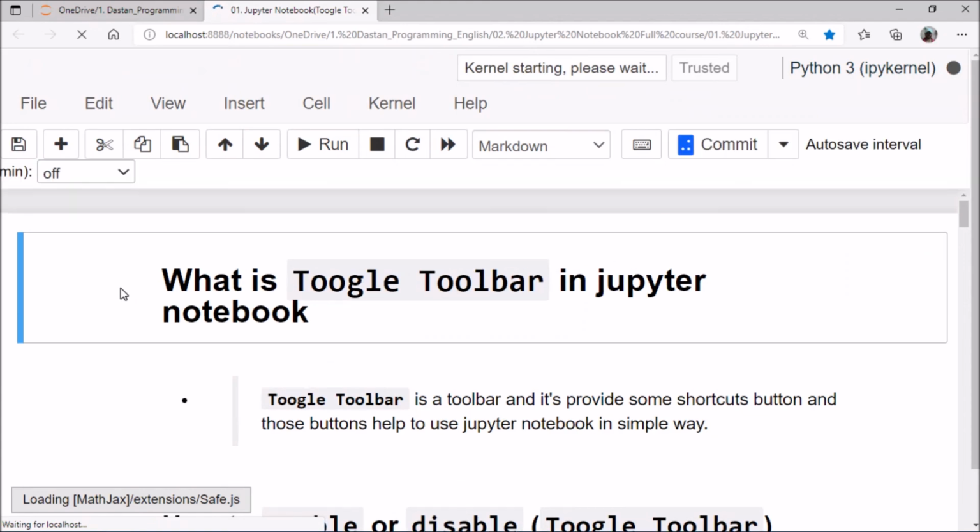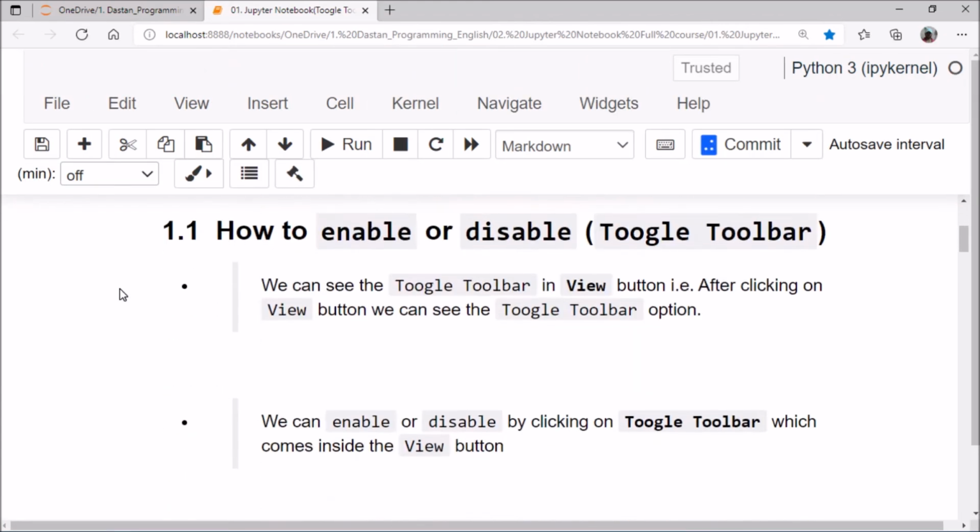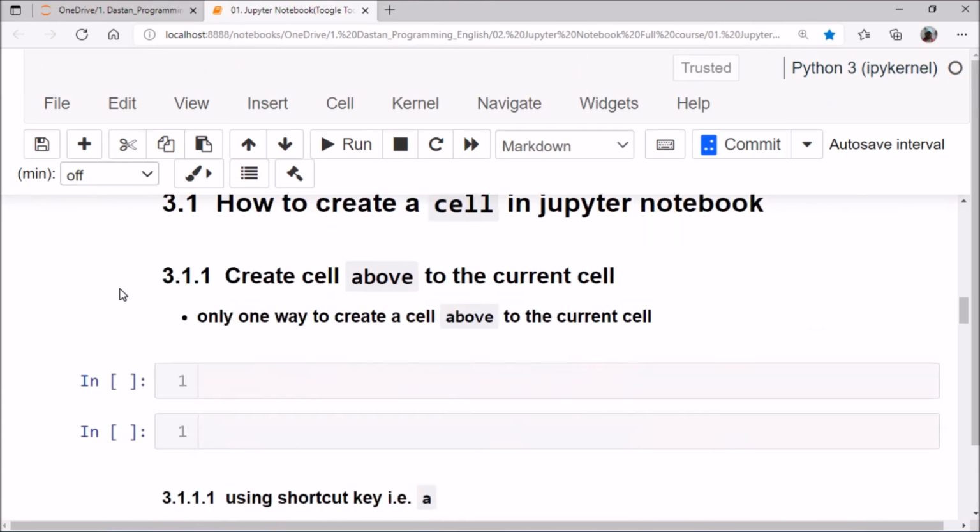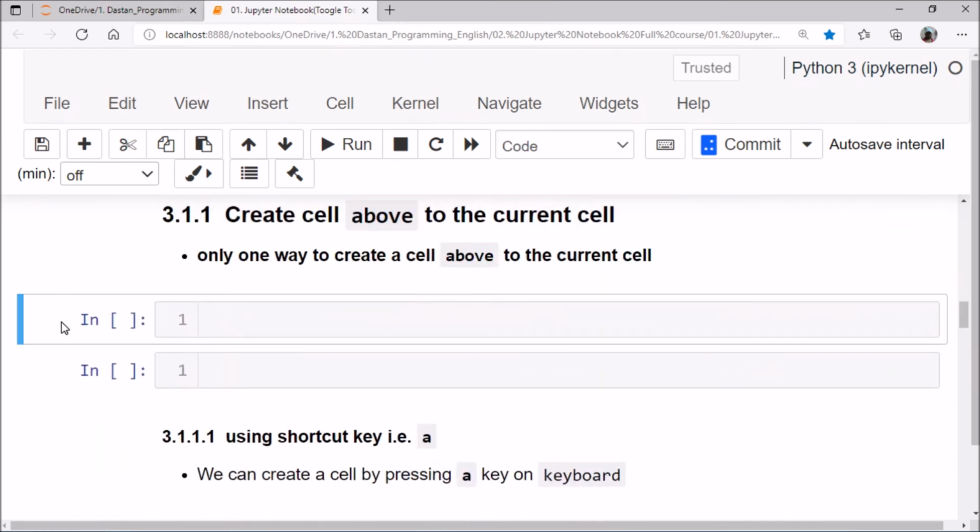Okay, yeah, it came. So here we have created some cells. When I press DD, again it is not deleting, but in your Jupyter notebook it will definitely delete. Because of some internal error, it is not working right now.